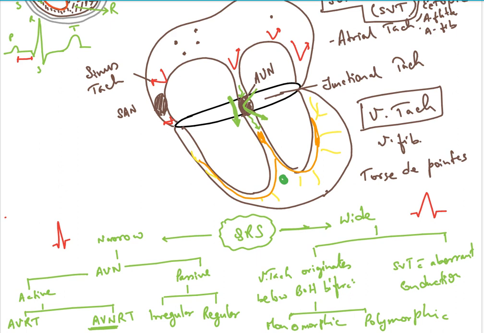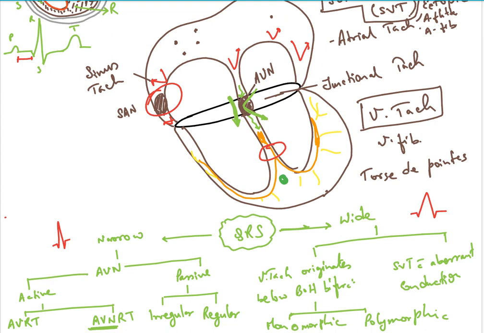If the origin of the tachycardia is below the bundle of His, so frequency of bundle of His and frequency of SA node will not be the same na. So impulse generated by bundle of His will be a weaker impulse than that of SA node. Correct or not?